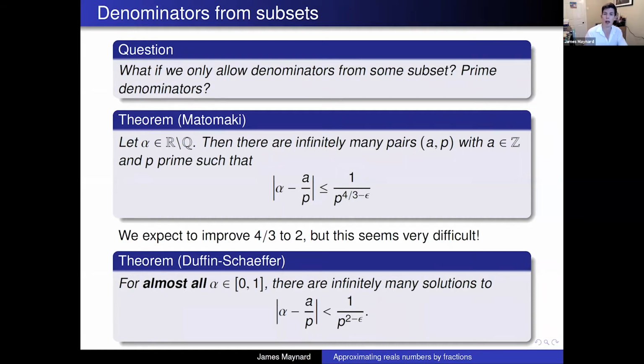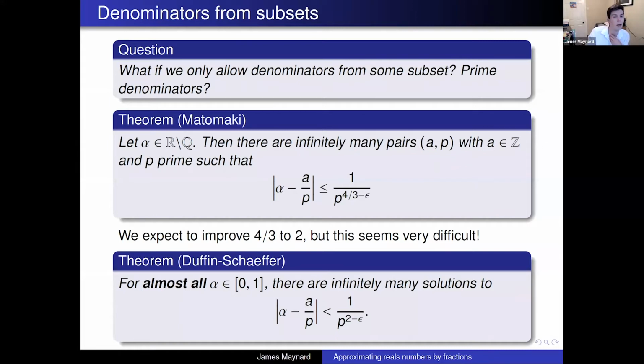But it's a very, very difficult result in analytic number theory, drawing upon lots of subtle ideas, and even if you assume the generalized Riemann hypothesis and things like that, we don't know how to improve upon Matomäki's results. So this is a deep theorem to do with prime numbers, but we expect actually the truth should be much, much stronger than this. So we expect that instead of having 4/3, you should be able to have 2, like in Dirichlet's theorem,